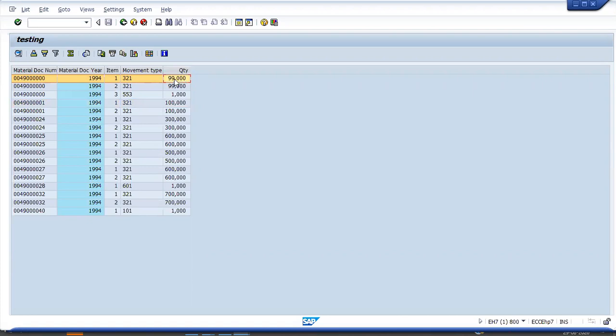Something configuration problem is there, that is why the comma is coming here. So 99 and 100 like this is coming, right? I want to display the quantity which is coming less than 100 in one color. And the quantity in between 100 to 500, I want to display in one more color.